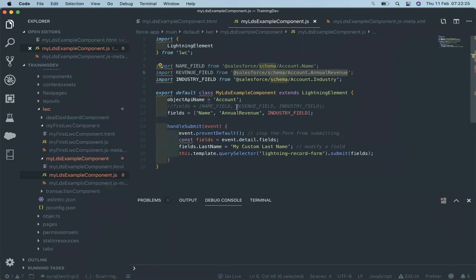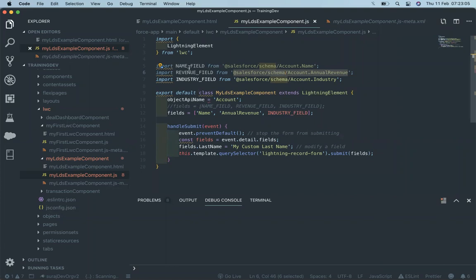So this is the important advantage if you use the schema. Else there is not much difference between using hard coded values or getting from the schema. It only becomes more dynamic if we are using a schema, which means that if some field attributes get changed inside Salesforce, it will automatically get reflected up here.